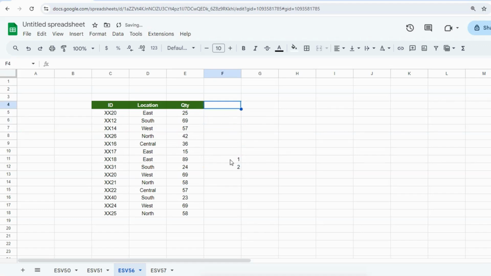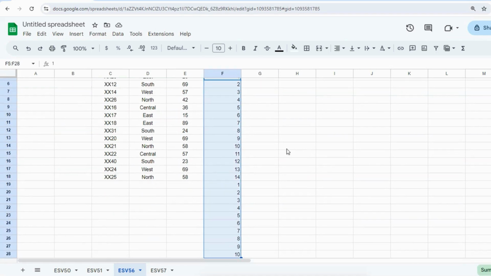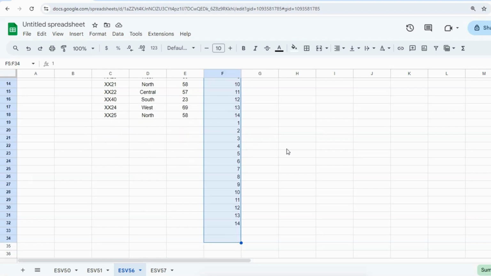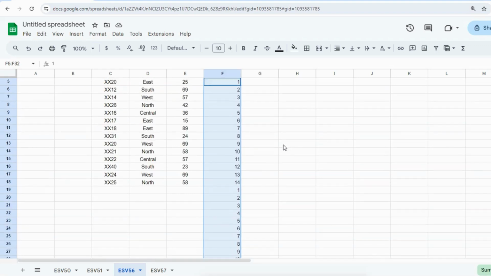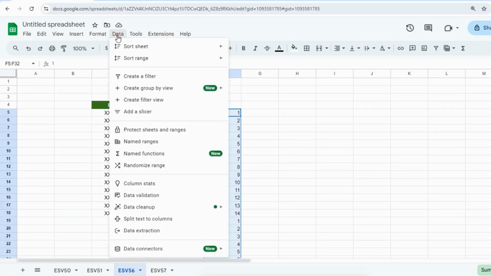So firstly, type 1, 2, and then copy till the end of the data, and then copy all these numbers and just paste them underneath the number 14. Then select all those numbers till the end, and then from here go to Data,